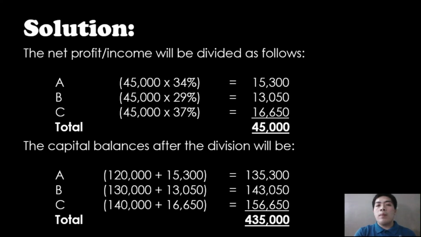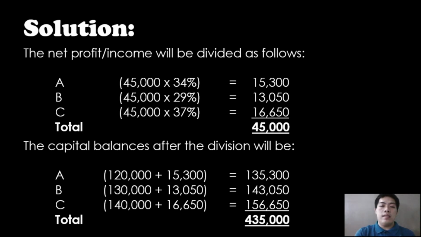Okay? I-multiply lang yung resulting percentage sa profit. So, respectively, kay A, merong 15,300. Kay B, merong 13,050. Then kay C, meron 16,650. Then yung kanilang capital balances after the division, we have 135,300 kay A, 143,050 kay B, and